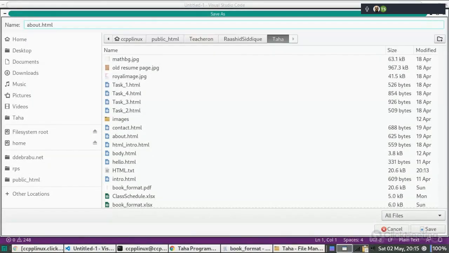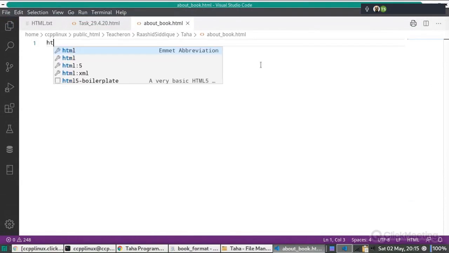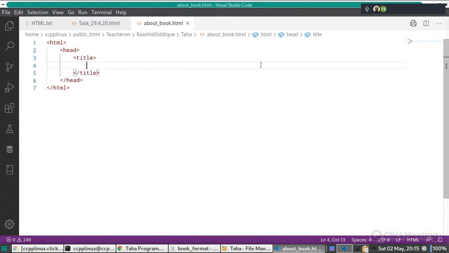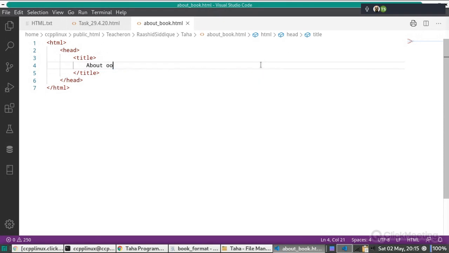So we can give its name about_book.html. Now we have to start with the HTML tag, then the head tag, and then the title tag. And here we can write the title about book.